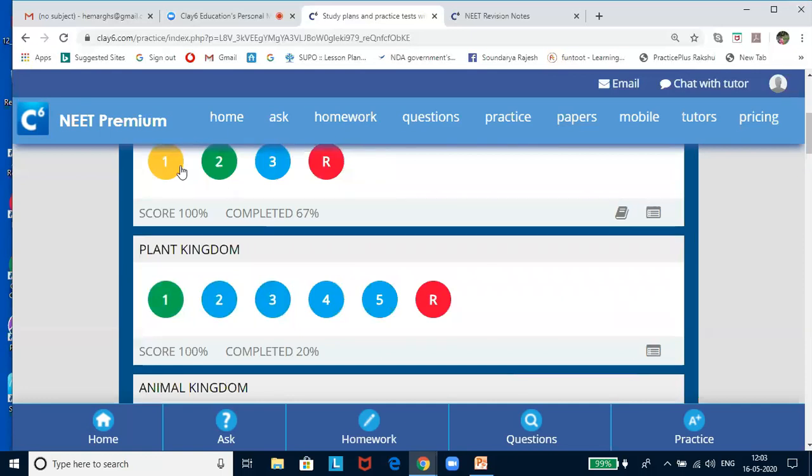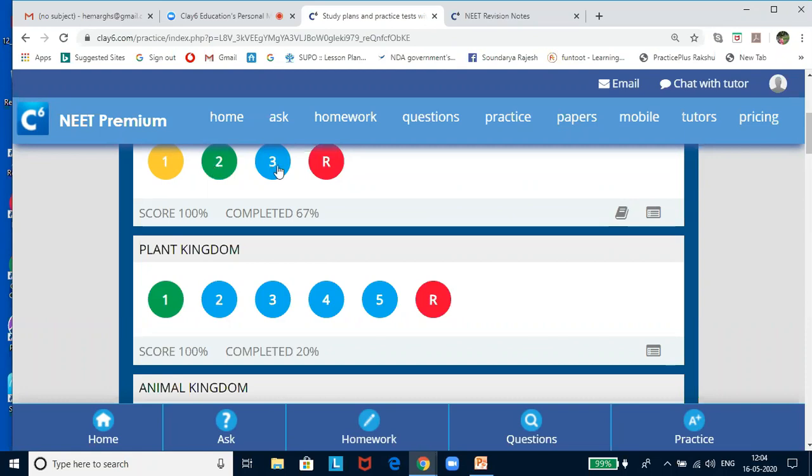You might have started the test, but you would not have completed it, because after 2 or 3 questions you would have realized that you are not prepared with the concepts, so you might end the test. Green bubble indicates that you have completed the test, but you can always visit any number of times. Sometimes I would have scored less, so I can come again after refurbishing my concepts and revisit them. I can take the test to improve my scores. Or after completing, I would like to just revise to see whether I'm able to recall and apply the concepts. I might be able to take the tests again.